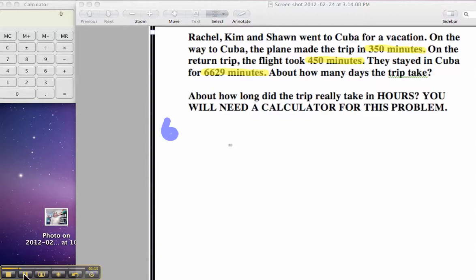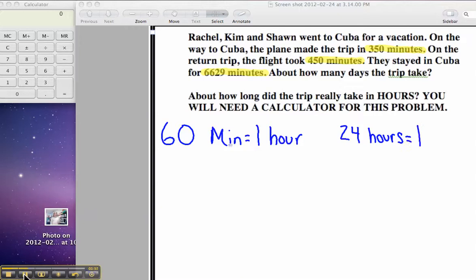60, whoops, that is too big of a marker to use. Let's try a little skinnier marker. You'd need to know that 60 minutes is in 1 hour. Okay, you will also need to know that there are 24 hours in 1 day. So with that information, what I would do to solve this is, first of all, I need